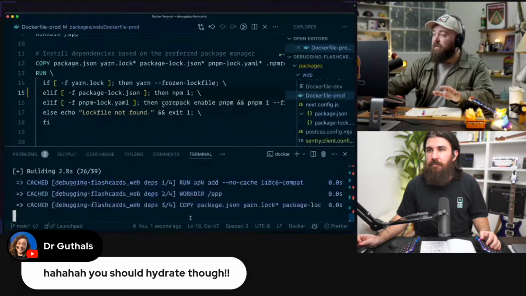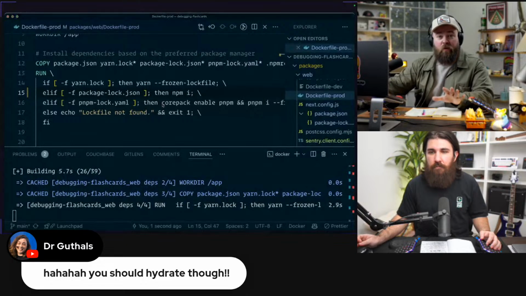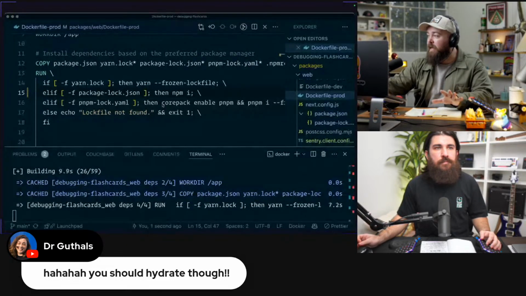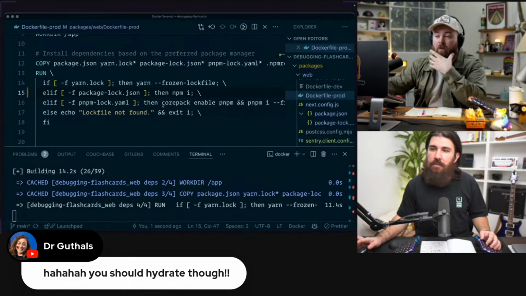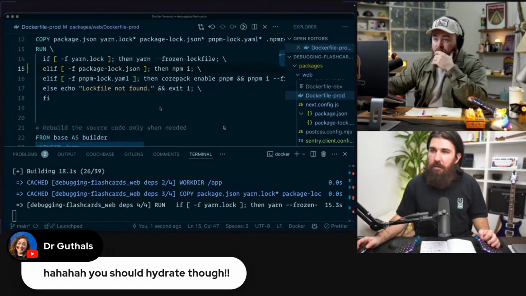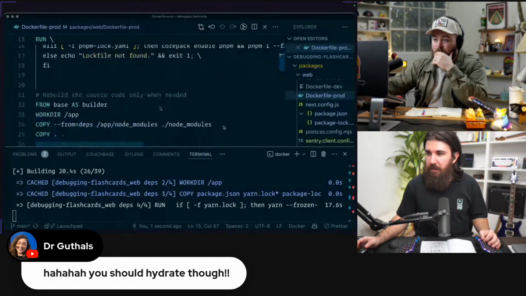So I have a magically screwed up computer that for some reason npm CI does not work anymore. Good to know. This should fix it. Probably. We'll see.